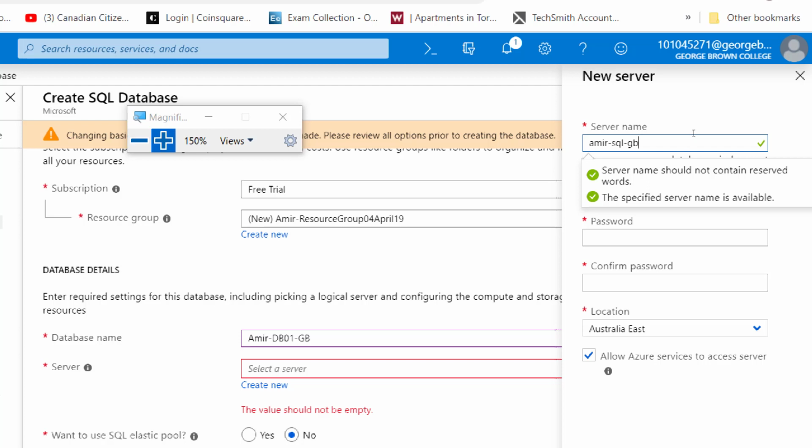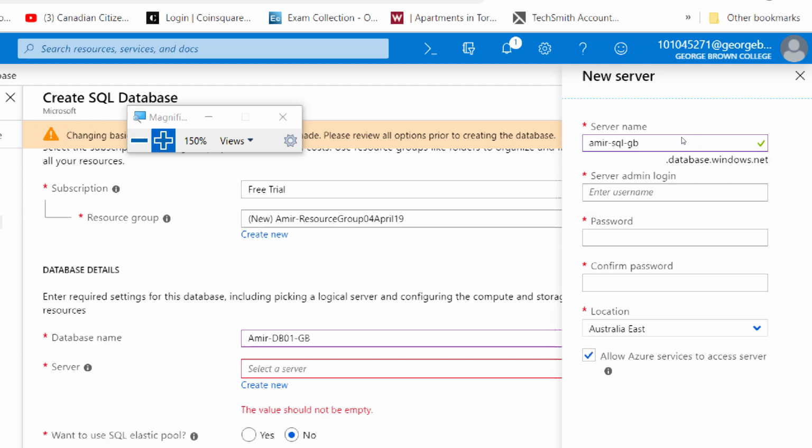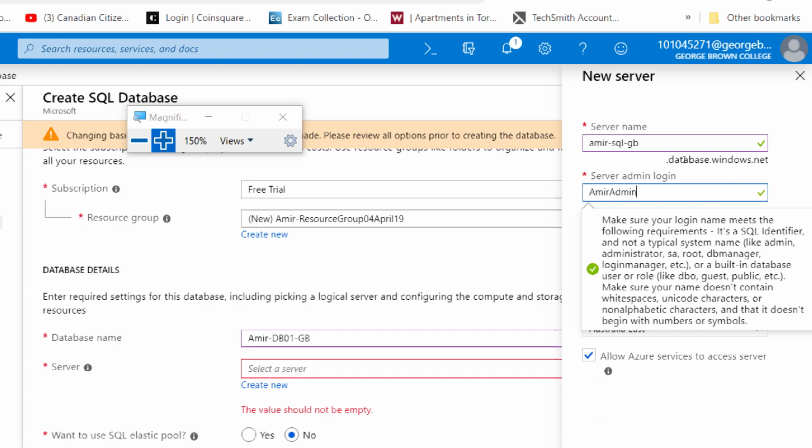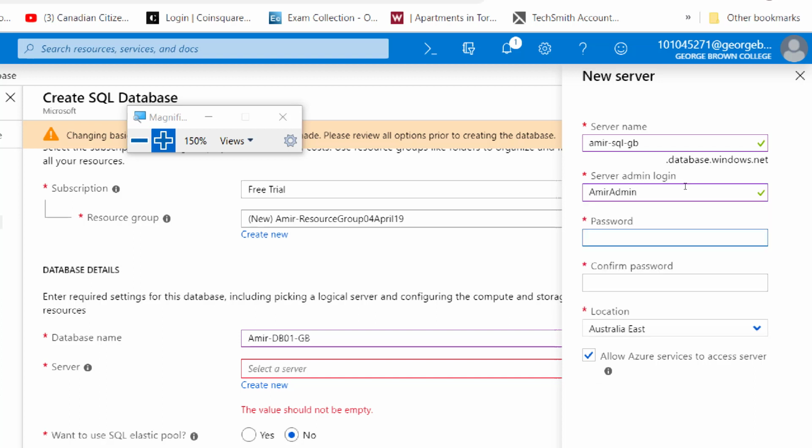So your first name dash SQL dash GB, and it already has a long name. So whatever you wrote here, .database.windows.net. So that's pretty long, but just to make it unique. So if you have put in that, so server admin login, just like in yesterday's class, we created that in AWS. So just go for your first name admin, and definitely we need a screenshot of that,